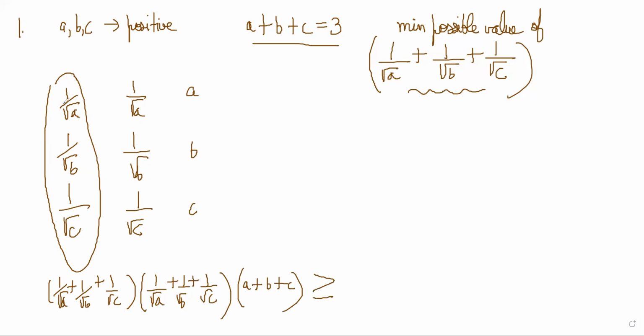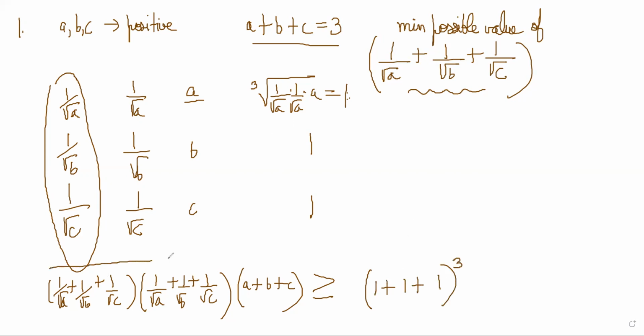Now notice why I picked 2 times 1 by root A and 1 time A, because here I have to do what? Cube root of 1 by root A, 1 by root A, 1 by root A and A, which becomes 1, right? 2 times 1 by root A will make 1 by A, and I have multiplied by A. So that will become 1 here, and it will become 1 here also. And you have to do cube roots. After summing up the cube roots, you have to raise the whole thing to the power of m, and m is equal to 3 here. So 1 plus 1 plus 1 to the power 3.